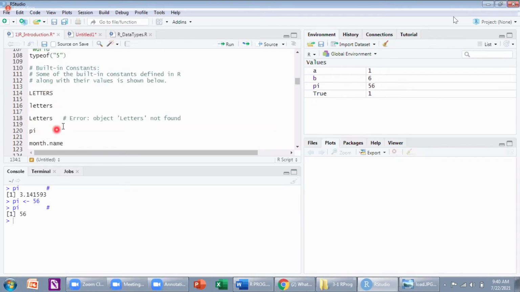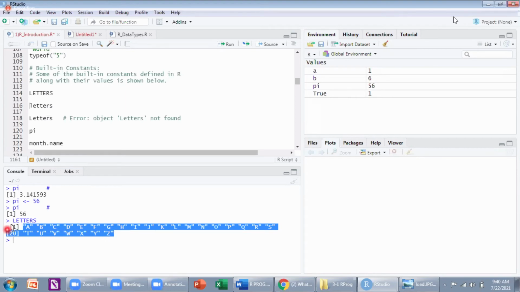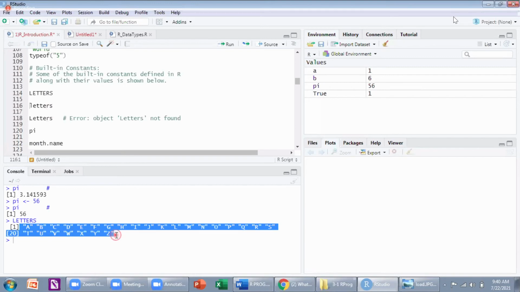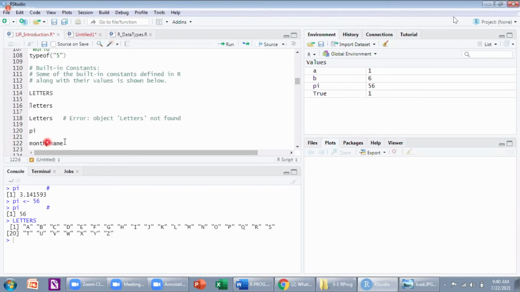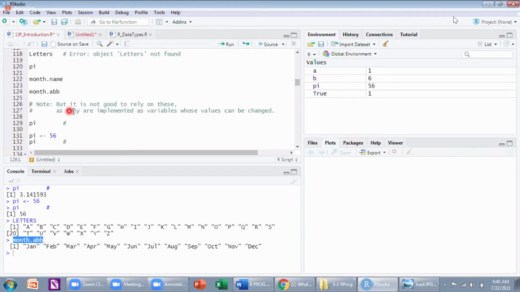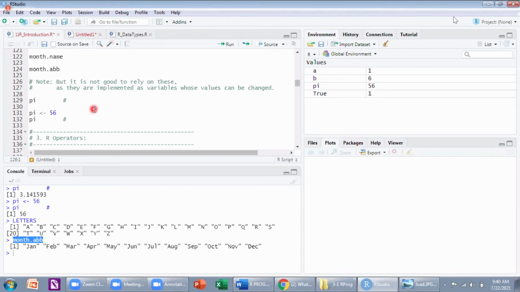These names are like normal variables or a function name, which can be modified. Understood? A small difference is there. If you click on letters, these are the constants, not these. This is a variable, and in this variable you have these constants. Even if you take months also, these are the character constants, but not this. This is a normal function name which can be modified. So a suggestion is that we should not blindly rely on them. We should be careful with them.